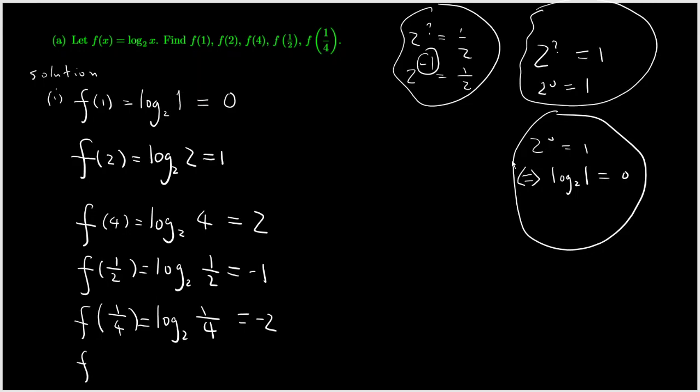We'll do a few more. The value of the function at 0. We're trying to compute the log to the base 2 of 0. 2 raised to what power is equal to 0? 2 to the power of 0 is equal to 1. 2 to the power of -1 is 1/2. 2 to any power is